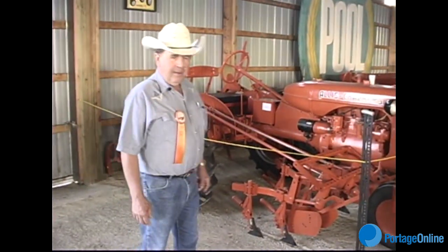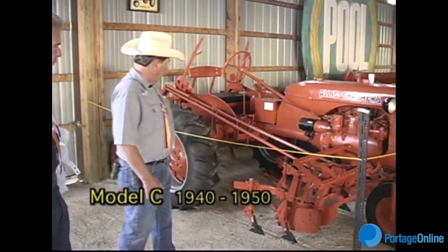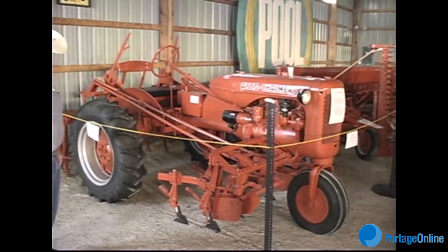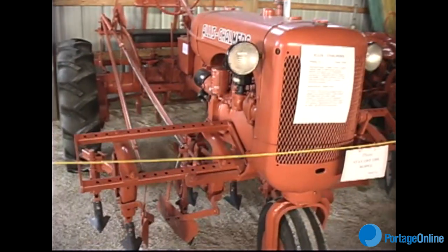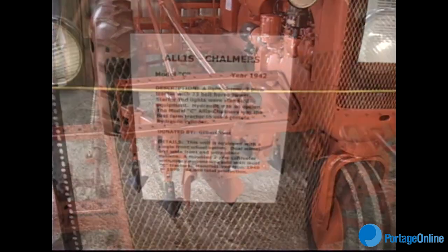We were having trouble finding one of these, but this is the Model C tractor. It's essentially a B, but with the wider rear tread to make it a two-row, row crop tractor. This one has the single front wheel, which is quite unusual. Most of them had two front wheels. Built from 1940 till